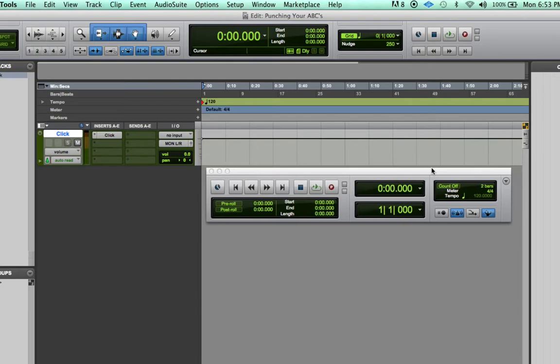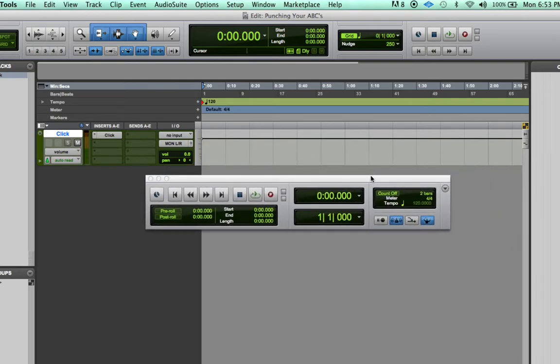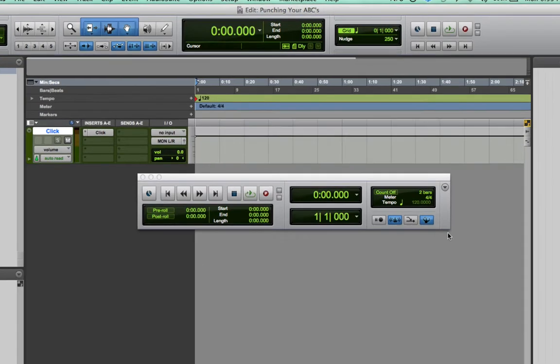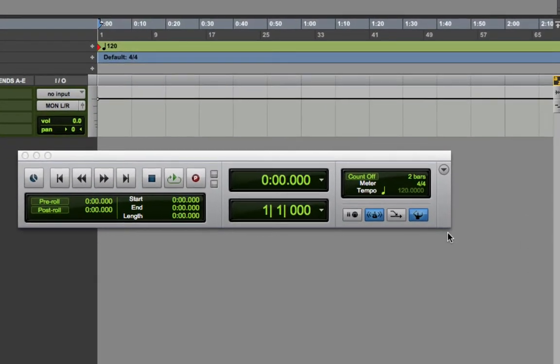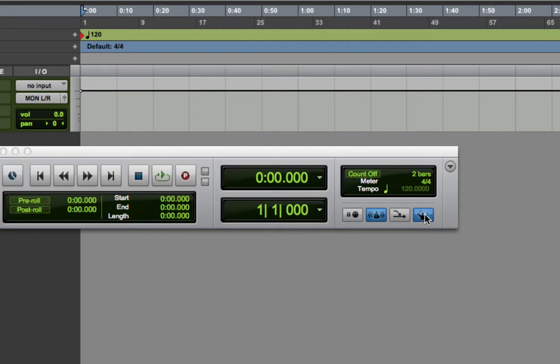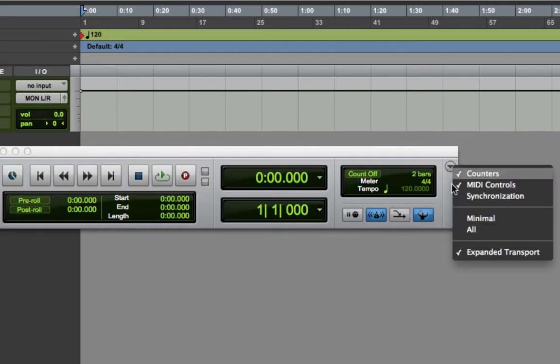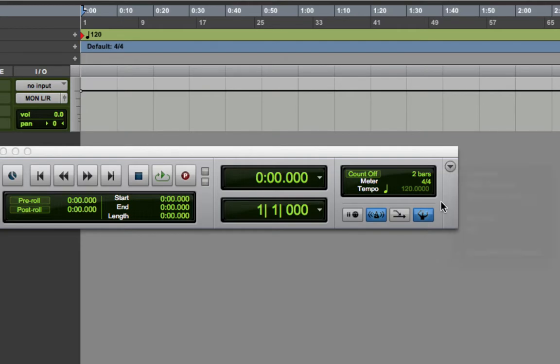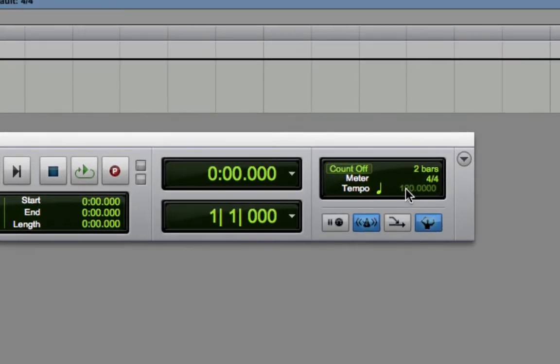When we're in our transport here, we have the ability to change the tempo. If we zoom in on the transport, on the right here, we have the expanded transport and everything lined up for ourselves. But we can notice there's a tempo here, and it's grayed out, and we can't click it. If we click on the conductor here, we can turn him off, and that gives us the ability to do something cool, which is go 1, 2, 3, 4, 5, 6, 7, 8, or even